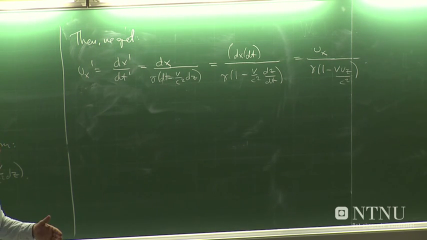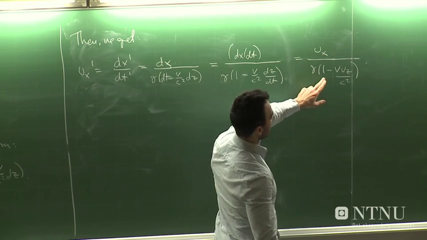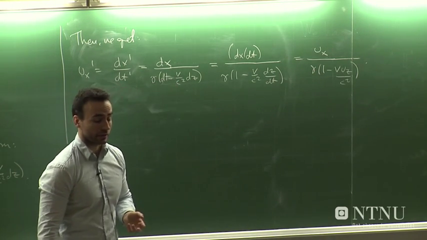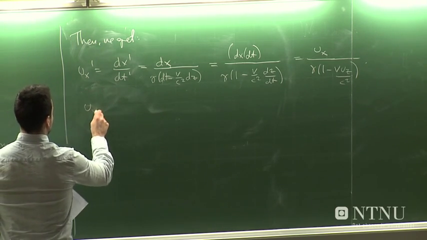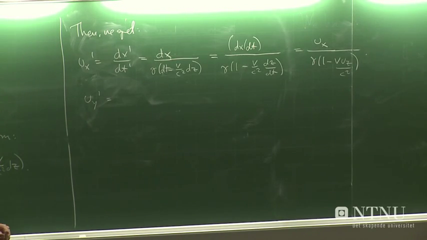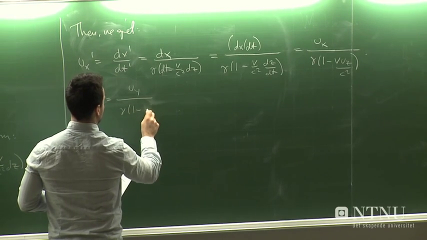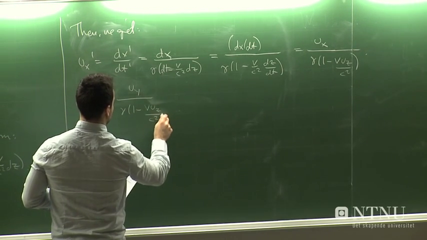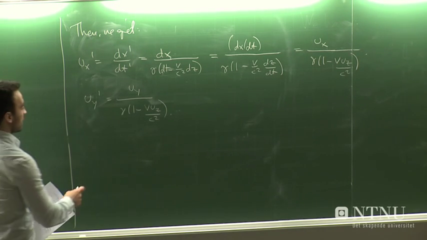So we see that if the particle is not moving, if uz is 0, then we have gamma times 1 here. So the result is still altered by this factor gamma. All right. For the y component, we have a completely similar situation, so I can write down immediately this. And for the z component,